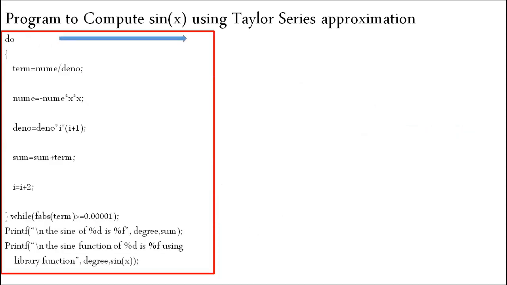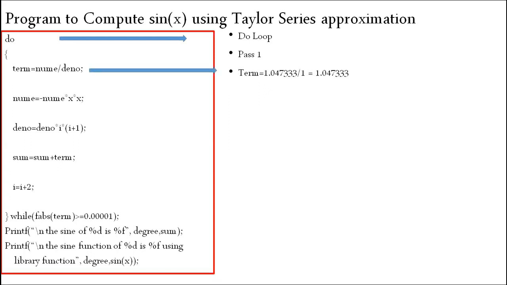As I said, first I'll do the iteration. I'll compare this result with a very small number, that is 0.00001. If the result is false, I'll come out of the loop. If the result is true, again I'll go to the do, and I'll continue the iterations until the condition fails. So we'll see the first pass now.